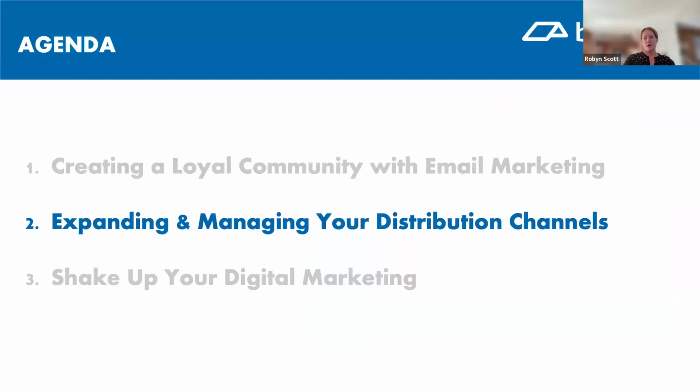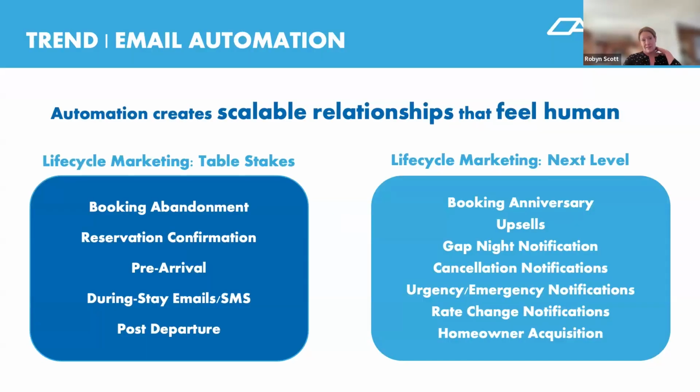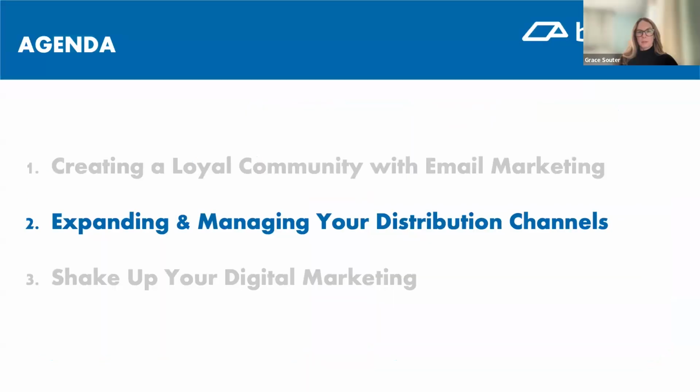Don asked how many automations is too many. Really, I don't think there is such a thing as too many automations, as long as you're not putting everybody into every automation, right? There are automations that are specific to different traveler profiles, different owner acquisitions, things like that. So you can start building out a list of things that you would want to automate, like owner acquisition, and then just remember that needs to be treated as such. So yeah, I would agree with that.